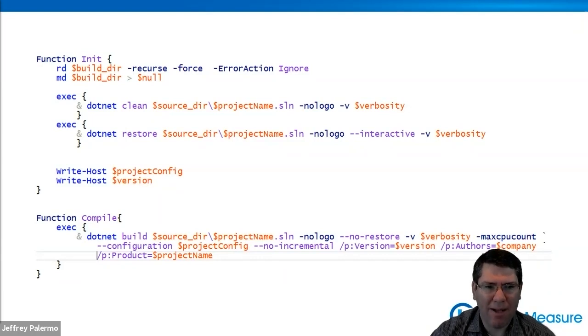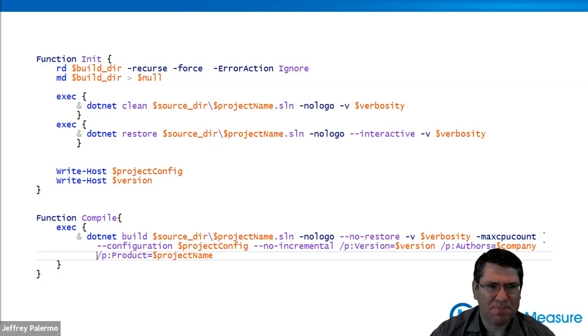And look at the compile function. There are a lot of things and a lot of command line switches that go into properly calling dotnet.exe build. And so if you rely on Azure Pipelines to just call dotnet build or MSBuild, you're having to put all of these command line switches into a place that either is not version controlled or is version controlled in a YAML file in a form that you can't run locally, enabling a private build cycle. Okay, so just put it in PowerShell.